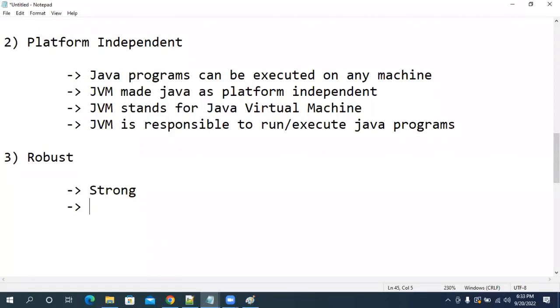Why is Java called strong? No. Why is Java strong? Strongly checking. Yes, somewhat correct. Any other reason why Java is called strong? Online people are giving correct answers. Offline people are not responding.